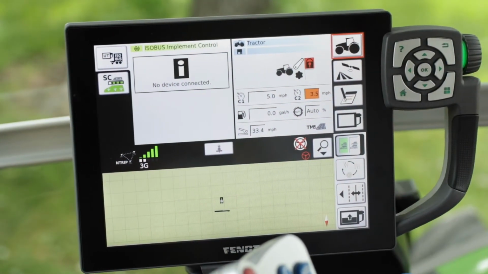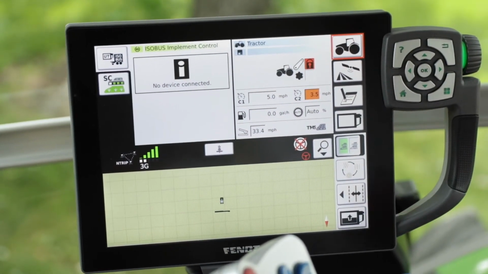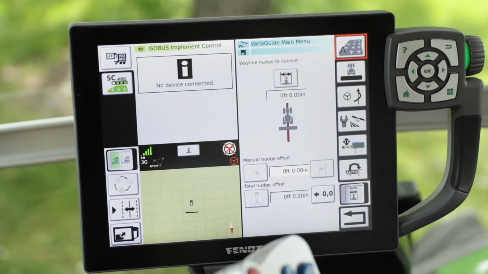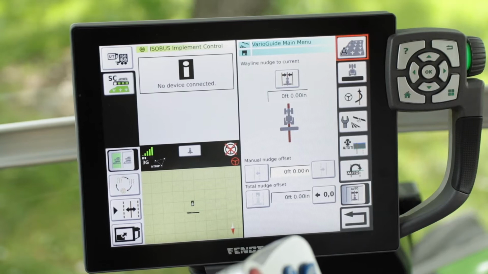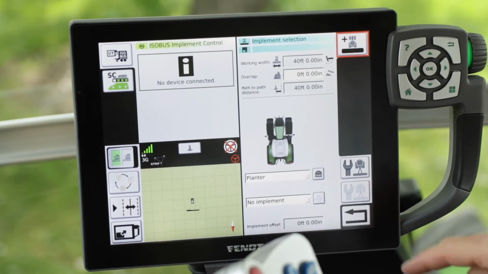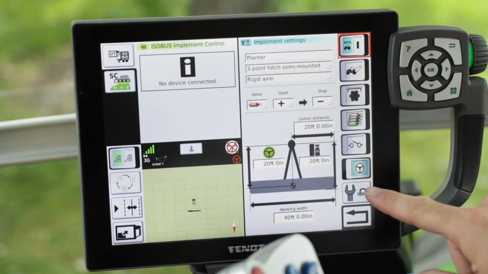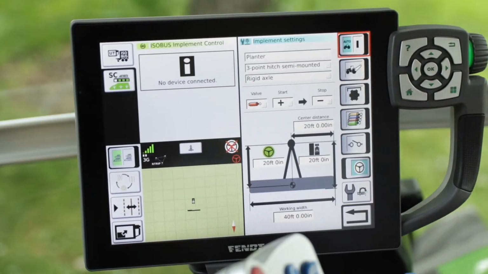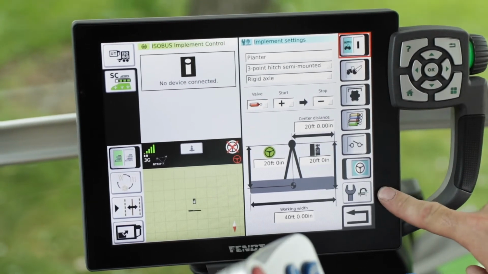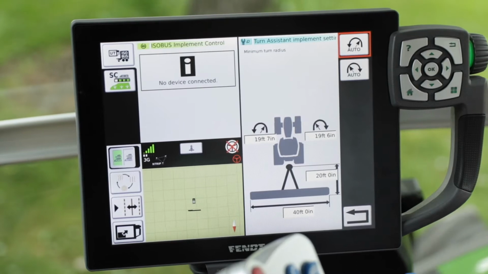To start setting up your Turn Assistant, we're going to want to go into your guidance menu, so we will double tap that. And here, first thing we want to do is make sure your implement is set up properly. So let's go to our implement setting, and then let's go to our wrench. And now with Turn Assistant unlocked, we will have a new button that is our Turn Assistant minimum radius and